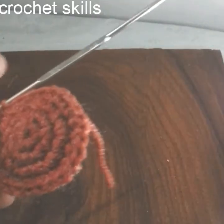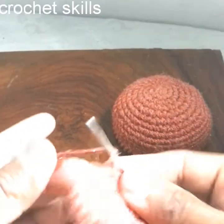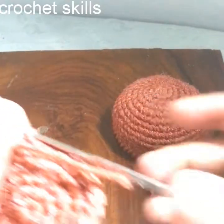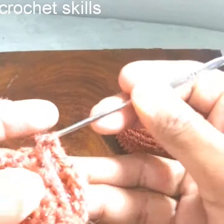So at the end of round 5, as you can see, this is how I will work. After this I must have 24 stitches, and this time I will have 30 stitches after the end of this round, because round 6 started